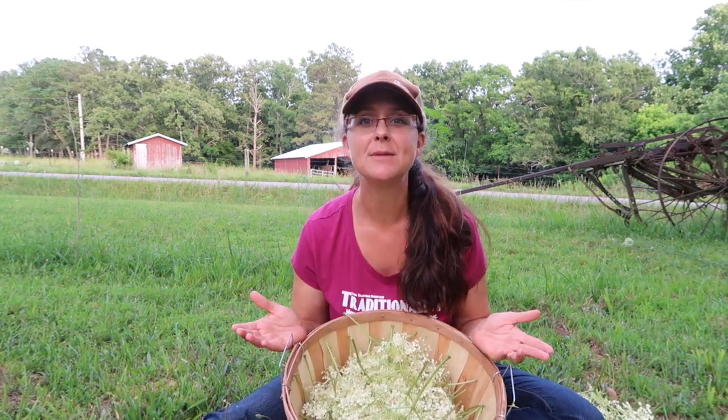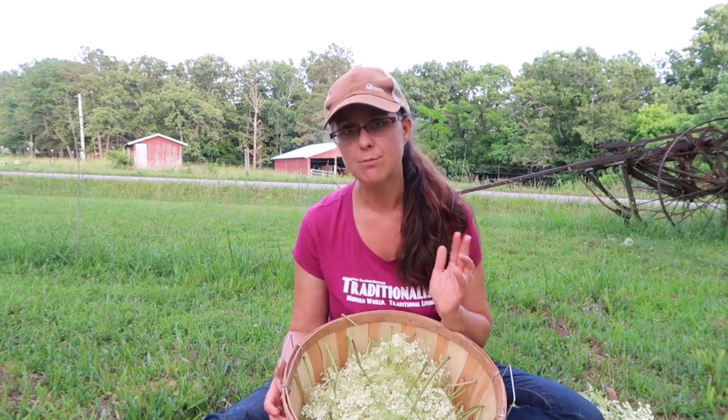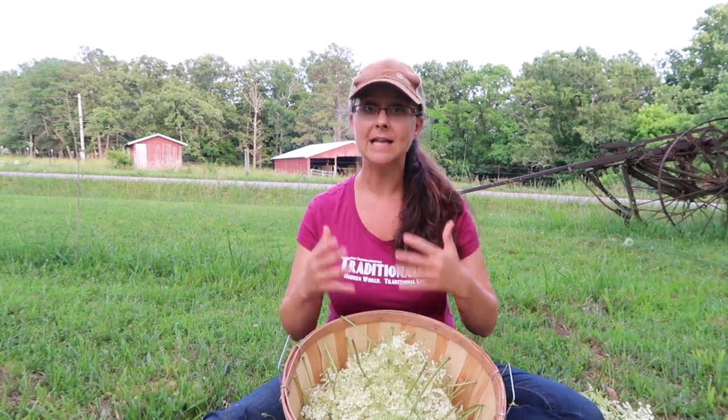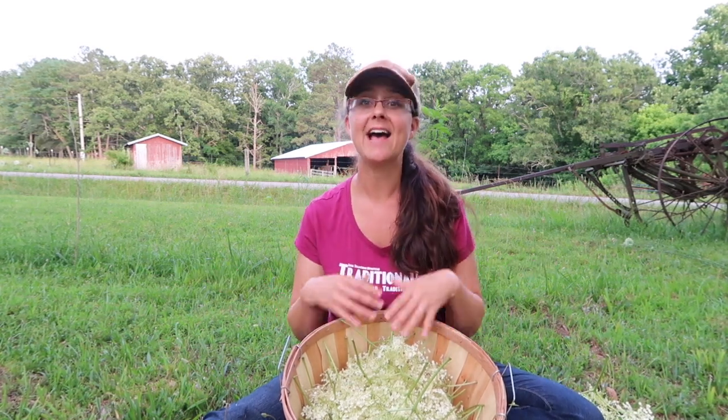So what's the big deal about elderflowers? Why am I collecting them? Elderflowers have some pretty significant health benefits, and the biggest reason that I am collecting them is for colds and